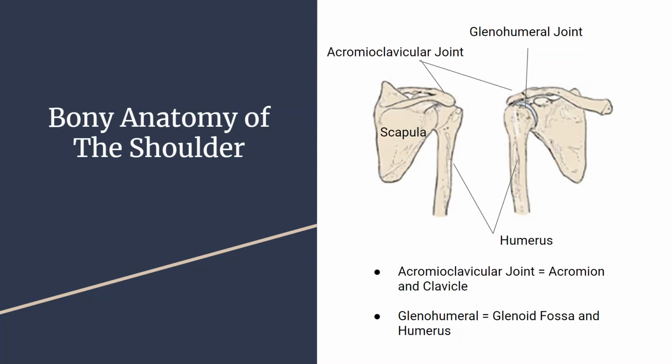The next thing we're going to talk about here is the bony anatomy of the shoulder. The first joint that we're going to look at is the glenohumeral joint, which is a connection between the humerus, right, and the glenoid fossa of the scapula. You have the acromioclavicular joint, or the AC joint, which is comprised of the acromion, some connective tissue, and then